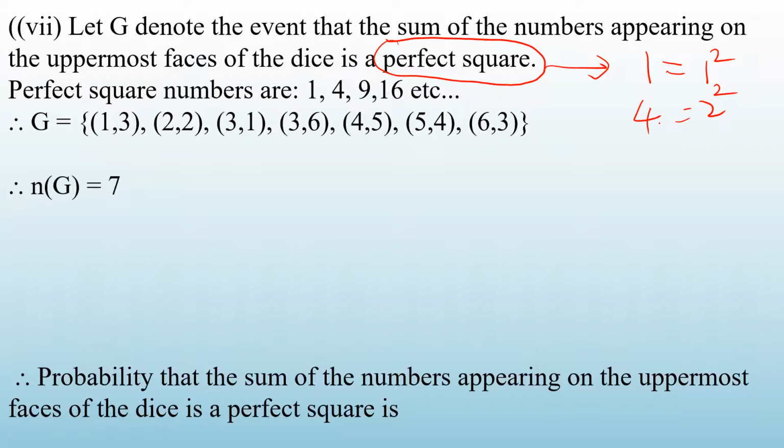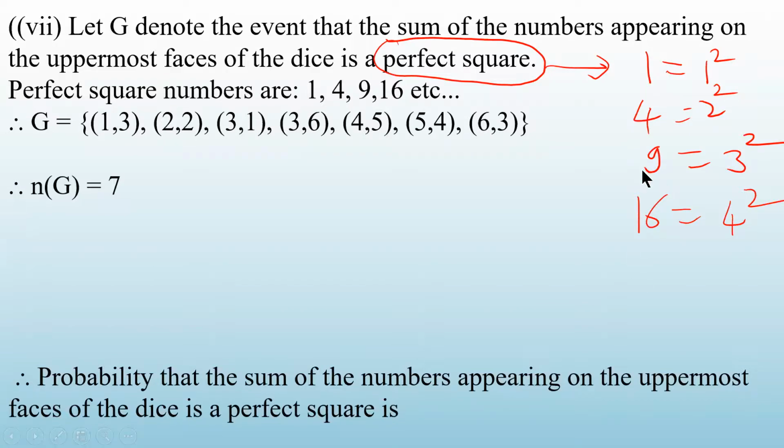Okay. The next perfect square number will be, can anybody tell me? 9, because I can write 9 as 3 square. Can you tell me which will be the next perfect square number? It is very easy to get. How? 1 square, 2 square, 3 square, 4 square. What is 4 square? 16. It is a perfect square. Then the next one will be 25. The numbers between 16 and 25 are not perfect squares, meaning they are not the square of any number. Okay? So these are the perfect square numbers.